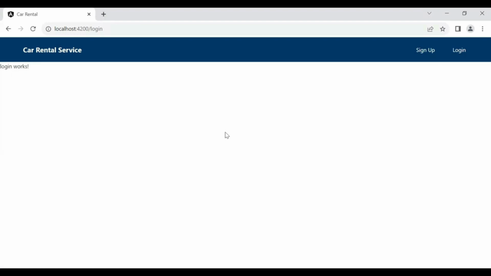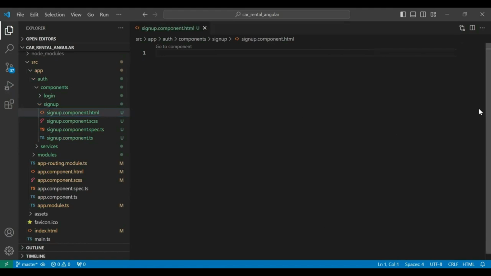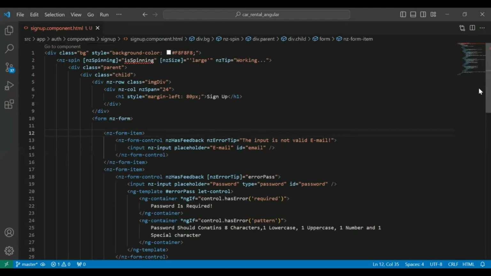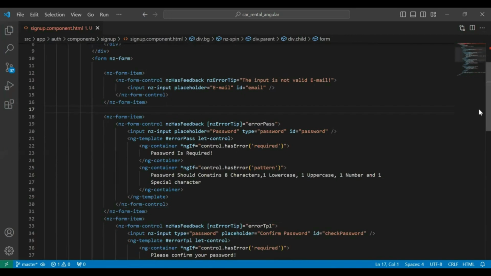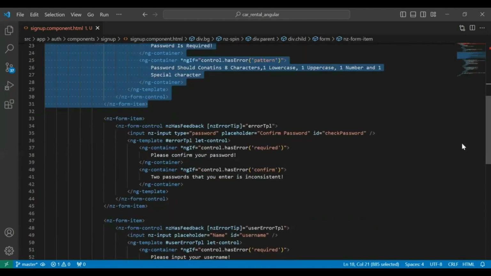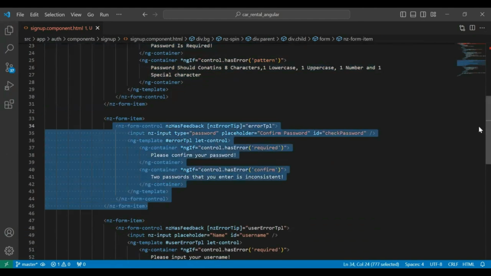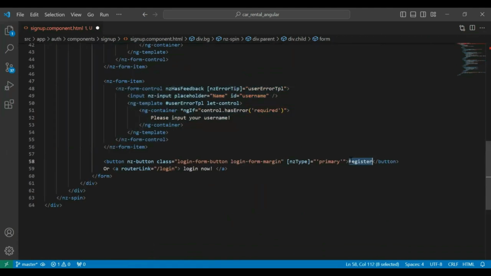Okay. So after that, we will create a reactive form for the sign up, where we will get the values on the click of the button. Let me close all the other files, and here I'm going to add some HTML code. You can see here the code of the form, that is a form tag, and you can see the input for the email, the input for the password, the input for the confirm password, the input for the name, and you can see the register button and the login button now.